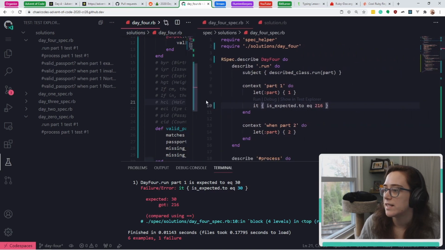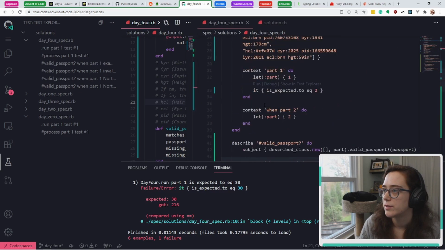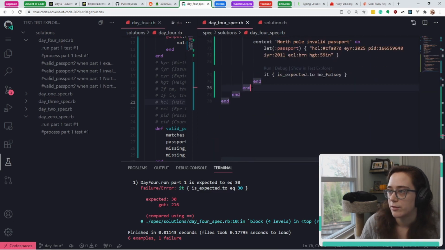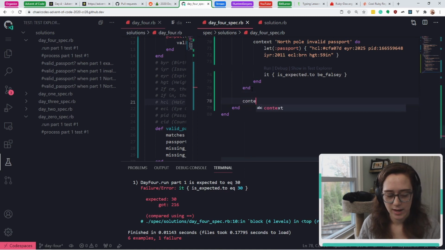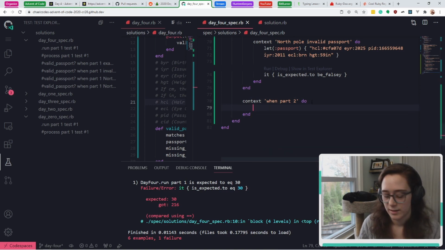And then over here in our test cases, we're gonna go to when part 2. There's process valid passport right here. Context, when part 2. Beautiful. Okay, so in here, I'm gonna say context, valid passport 1,